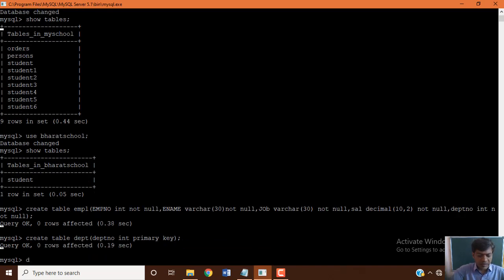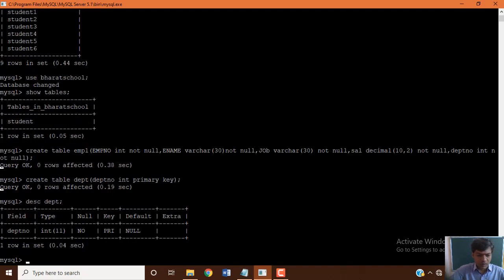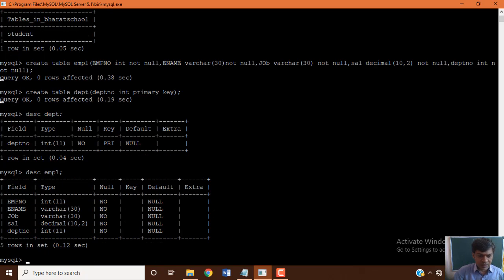Now see the description of both the tables. DEPT is having only department number, that also primary key, and DESC, description of EMPL. You will see the description here.